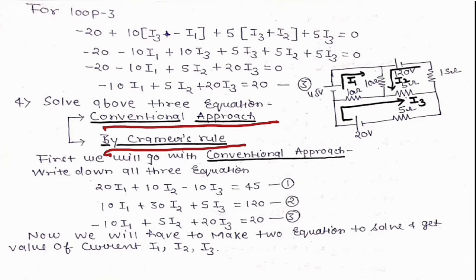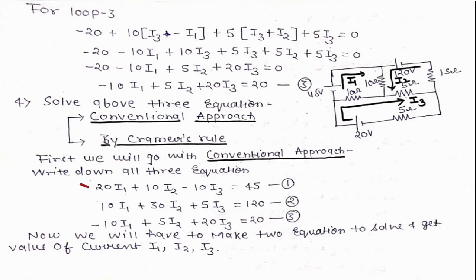Okay, so by using Cramer's rule you can also solve the equation, and it is actually a much easier way as compared to the conventional approach. We will see this, and there you have the option of deciding which method is good or not. At the last you will select, and definitely select, Cramer's rule. That is the best one and the easier one also. So first we will go for the conventional approach.